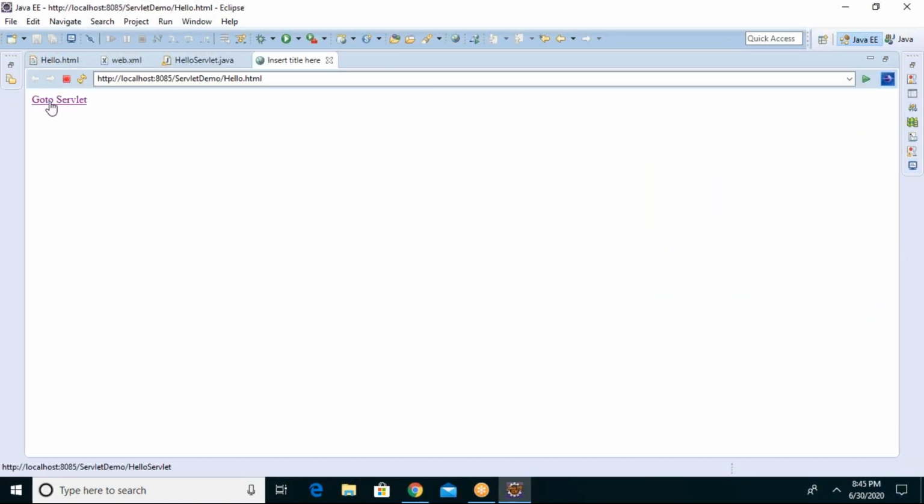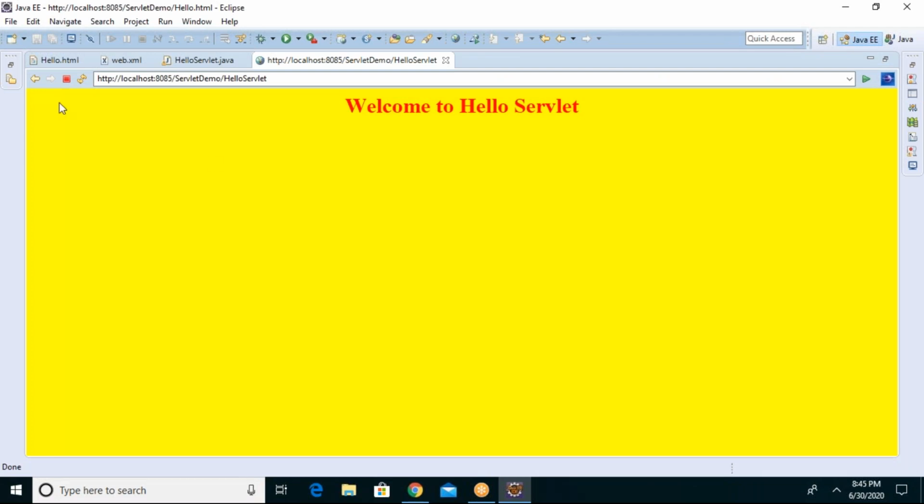Now click, see the output, guys. This output page is generated by the servlet. So what is the use of servlet? To generate dynamic web pages. Whenever a client makes a request, based on the request, it generates dynamic web pages.